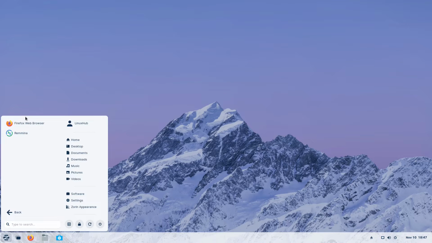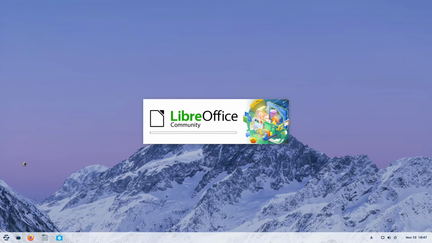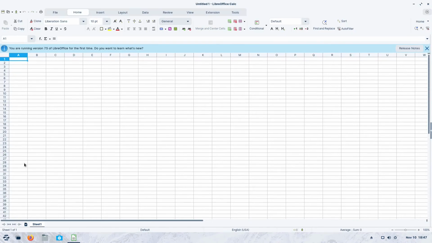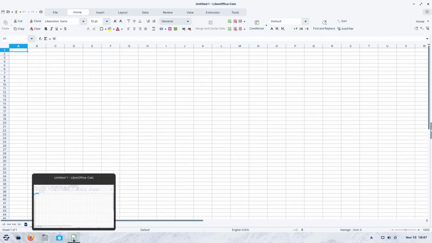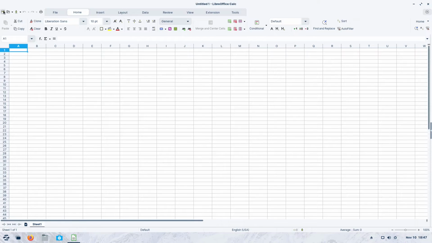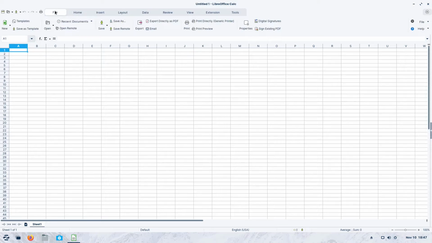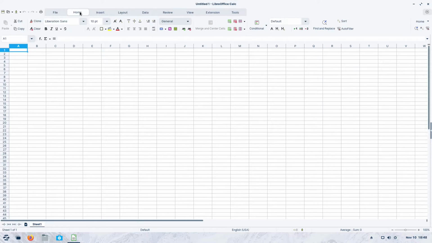Internet. We already saw this. Remmina. What is Remmina? Connect to remote desktops. Don't want to do that. Office. Let's take a look at Office. And this right here is the calculator, but it's on the Windows counterpart. It would be Excel. But